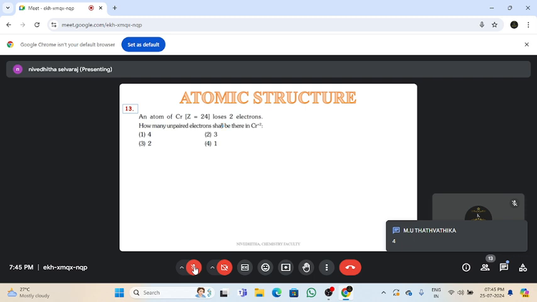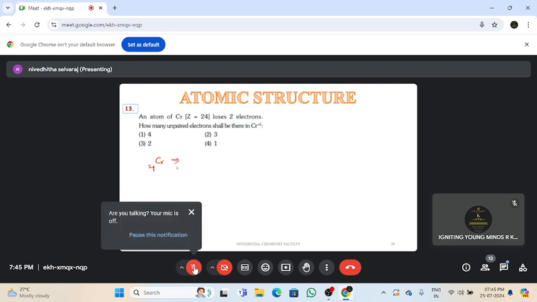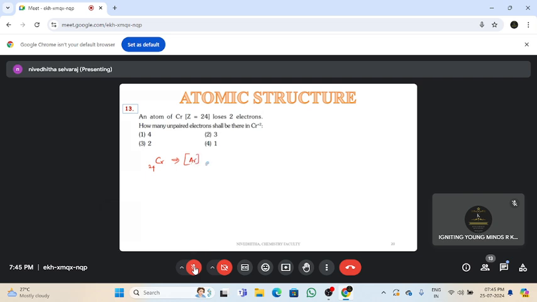Okay, Tatvatika's answer is option, number of electrons is 4. Okay. So, the atomic number of chromium is 24. And what is the electronic configuration of chromium? Argon, 4s1, 3d5. Actually, the expected